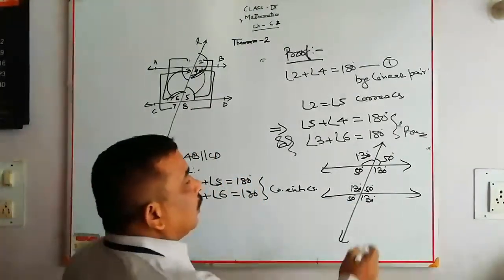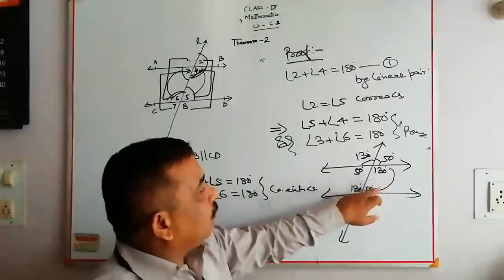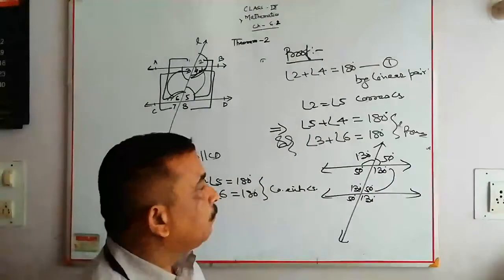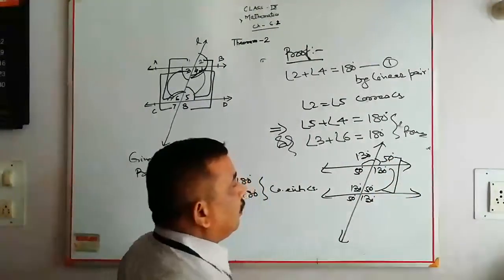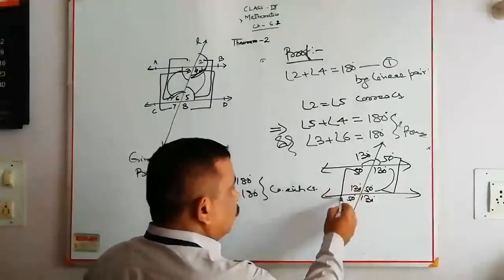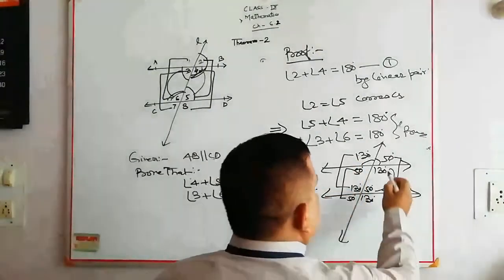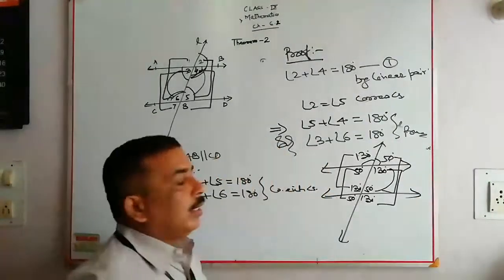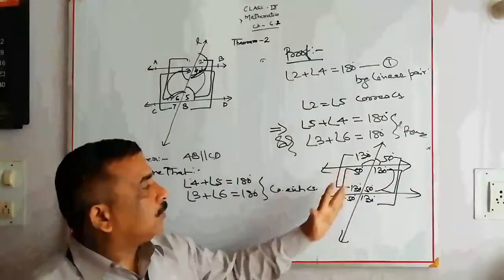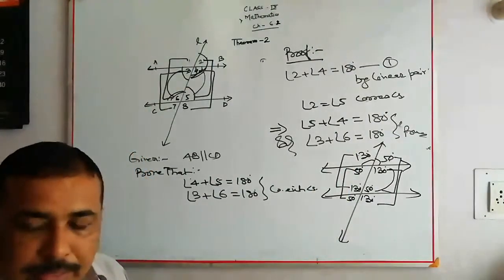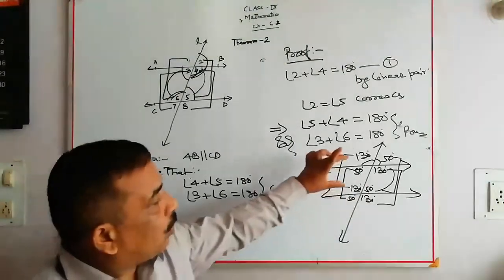Therefore, the sum of co-interior angles will be what? 130 plus 50 is equal to what? 180. Similarly, corresponding angles are equal: 50-50, here also 50-50, 130, 130. Therefore, two parallel lines intersected by a transversal, alternate interior angles are equal, corresponding angles are equal, and the sum of co-interior